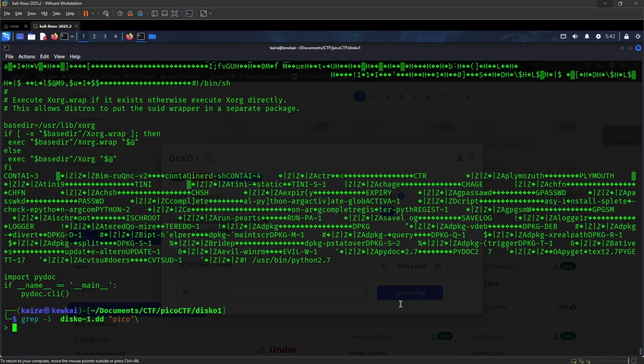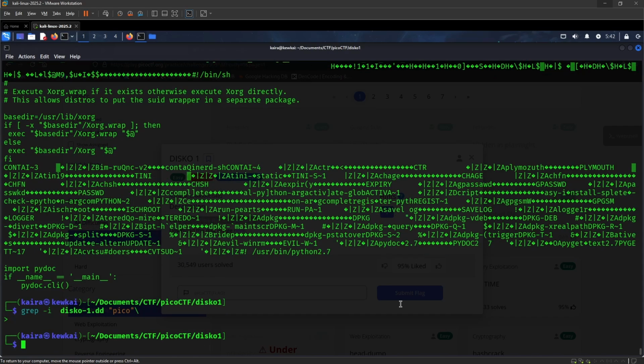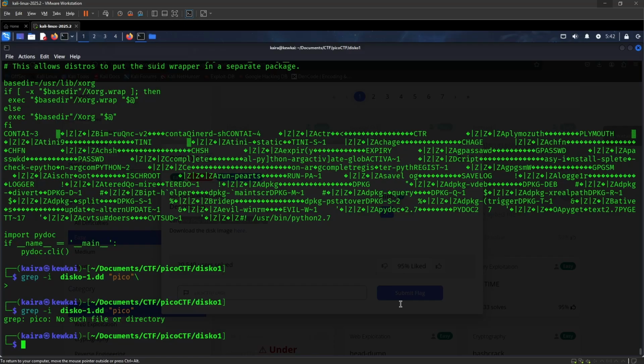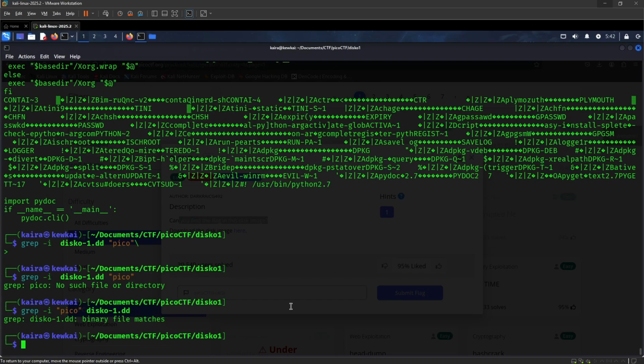My bad. Enter. Binary file matches. Okay, it's just saying it's a binary file.